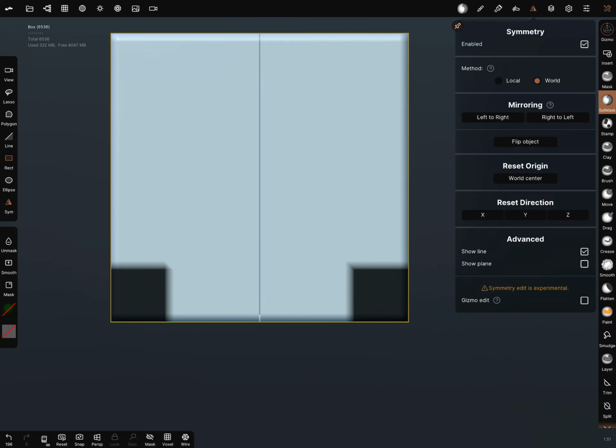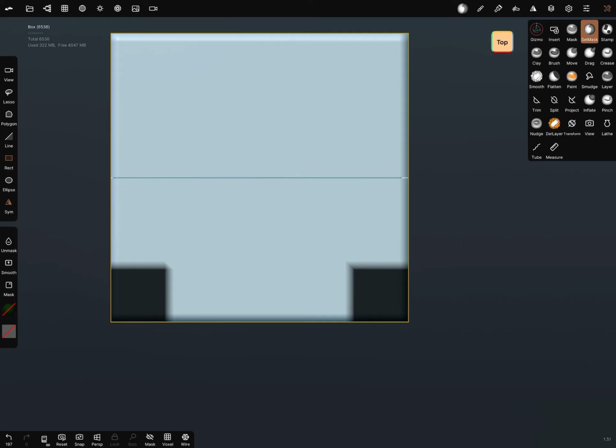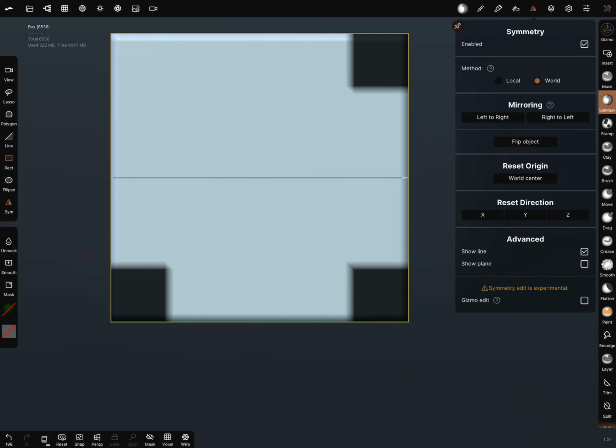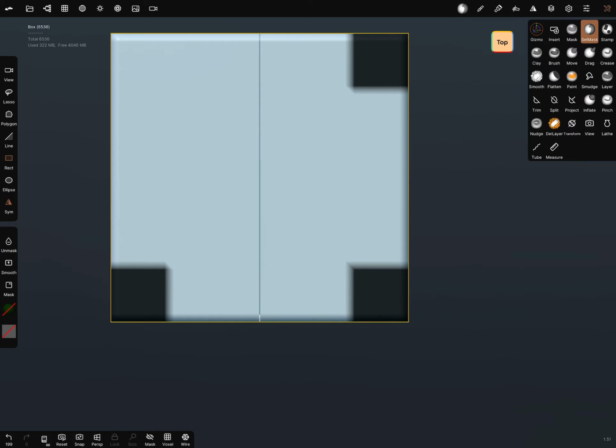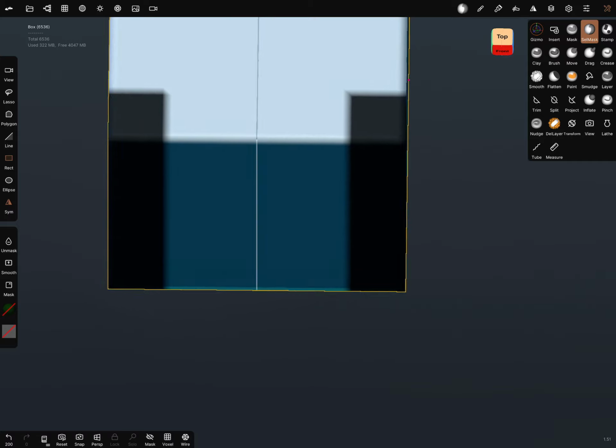You can change the symmetry axis and make the selection again and change the symmetry again and make the selection again. Yeah, you can make it a little bit more precise.